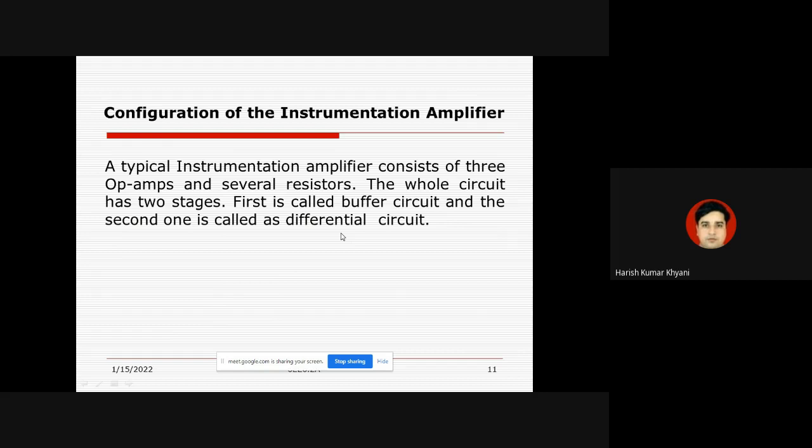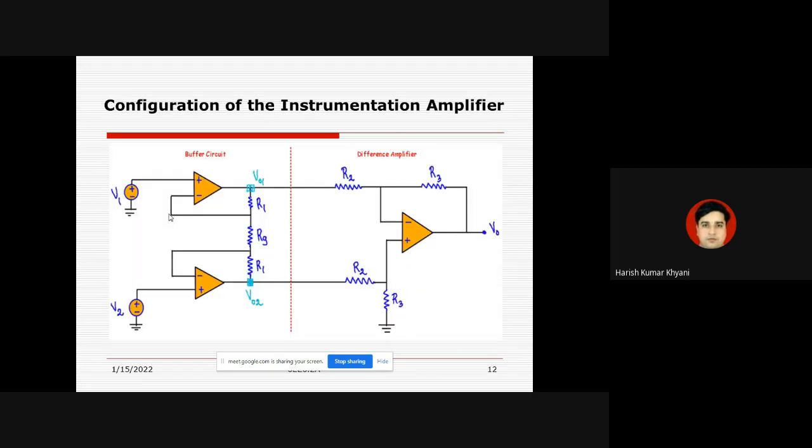इसको आपको बहुत ढंग से समझना है। Actually, an instrumentation amplifier basically consists of three op amps, right, and several resistors, whereas the normal differential amplifier is having only one op amp. Okay, and the whole circuit is divided into two stages. Okay, मैं आपको सर्किट डायग्राम दिखाऊंगा आगे। उसकी जो फर्स्ट स्टेज है उसको हम कहते हैं बफर सर्किट एंड द सेकेंड स्टेज इज नोन एज डिफरेंशियल सर्किट।